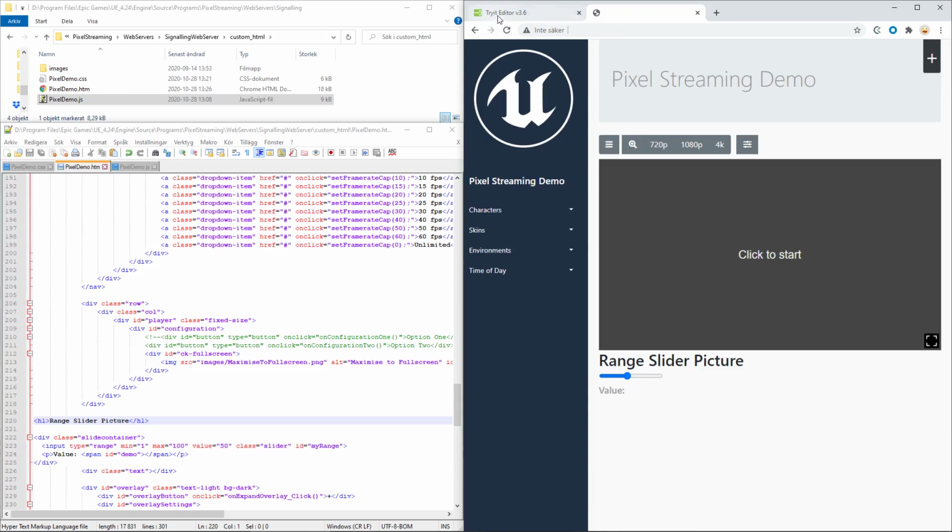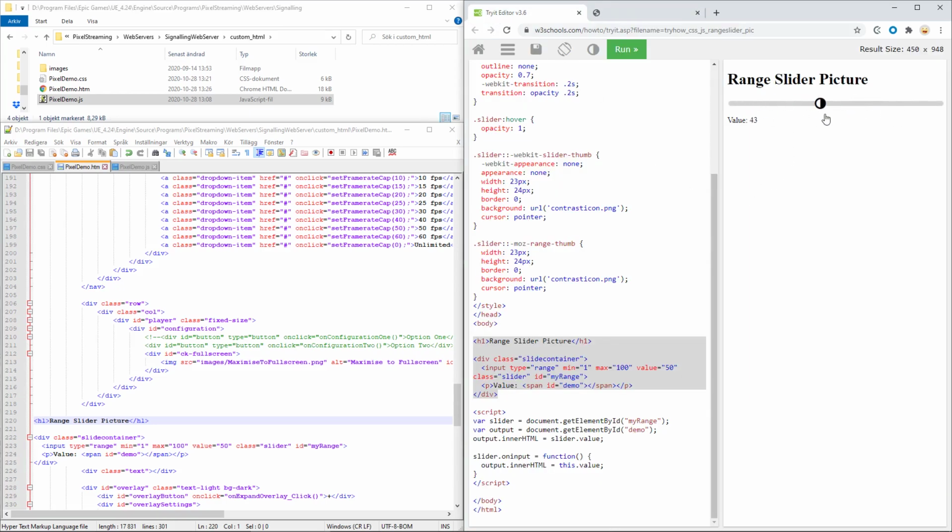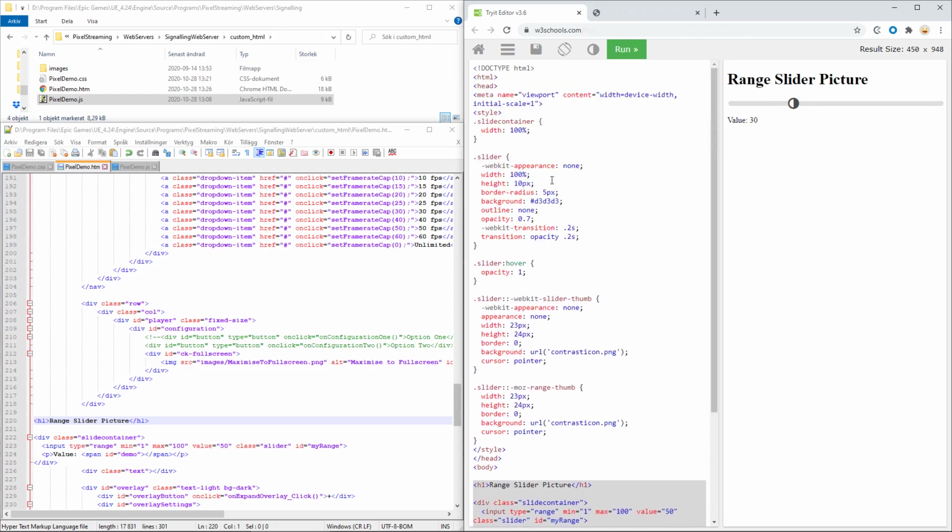So if we would like it to look more like this, we need to add the style sheet text as well, which is this part after the style. We can just copy this.